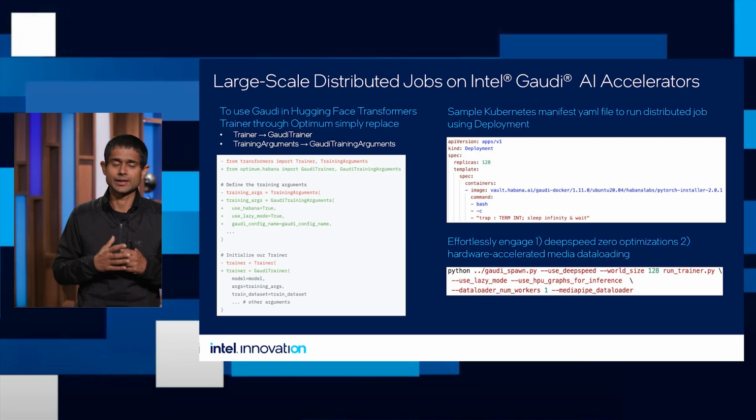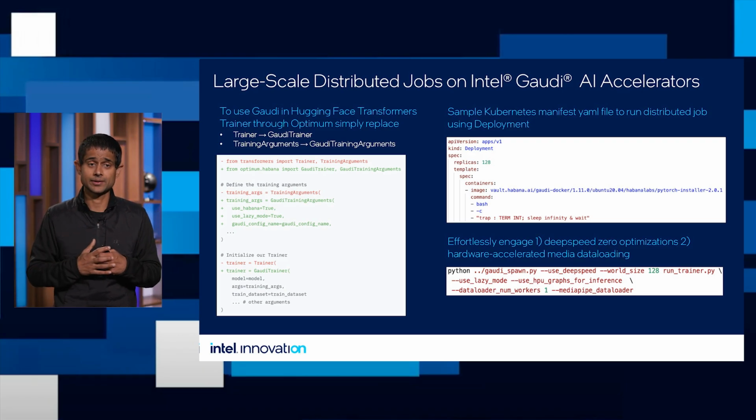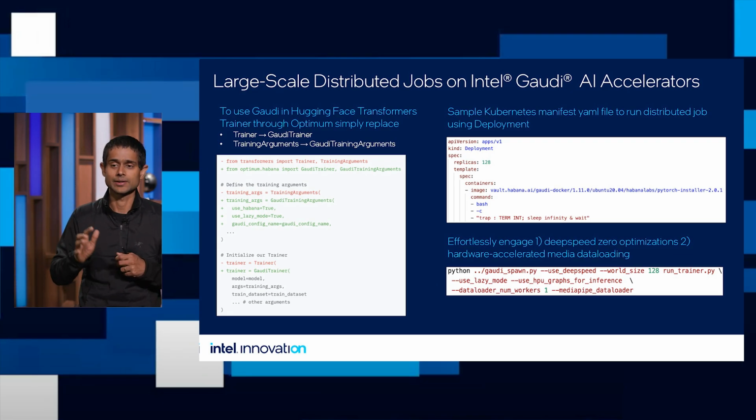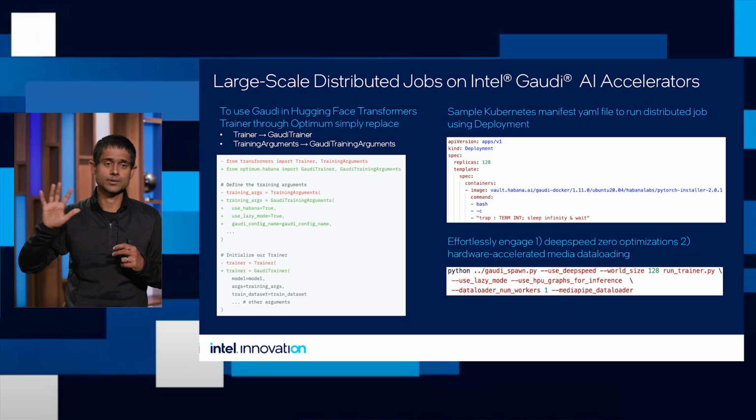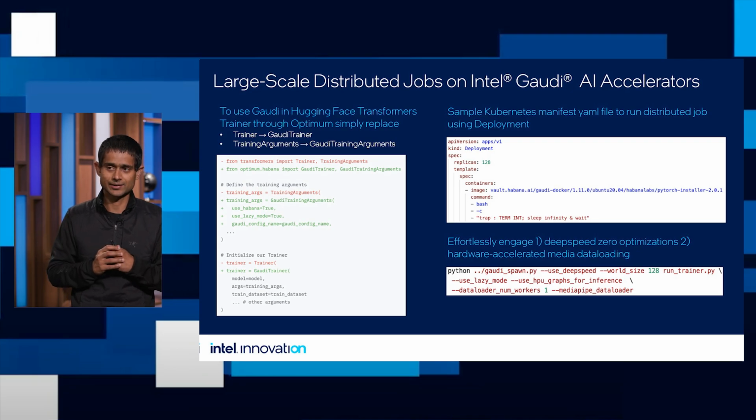So for example, Intel and Hugging Face have jointly developed a library that's called Optimum Habana. And using this library, we can easily scale up training to hundreds or thousands of Gaudi AI accelerators. So in this chart, we can see that there are very few code changes required to port over a Hugging Face training recipe that works on competition's GPU to Intel's Gaudi accelerator.